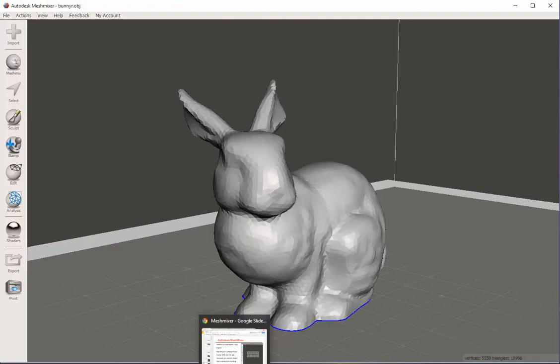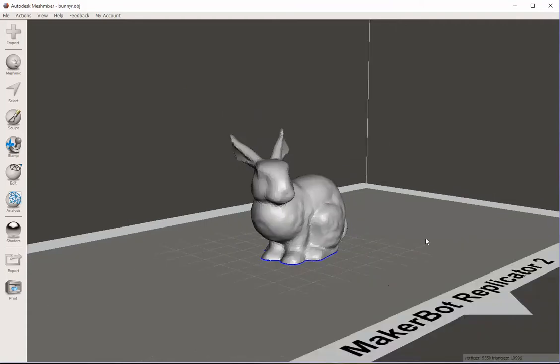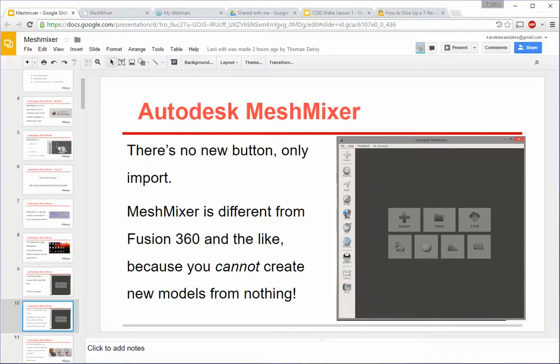Life is easy. If you try to import the T-Rex from last class, it goes underneath the work plane. I'm pretty sure you can move it, but I'm not going to do that right now. Anyways,